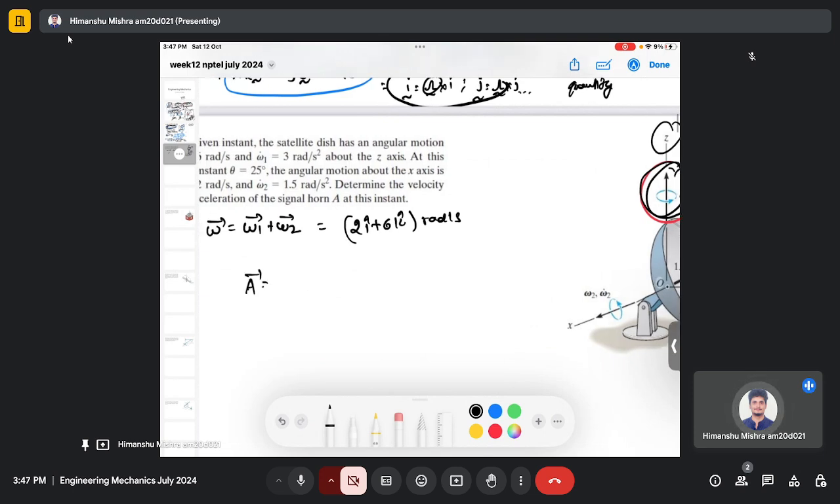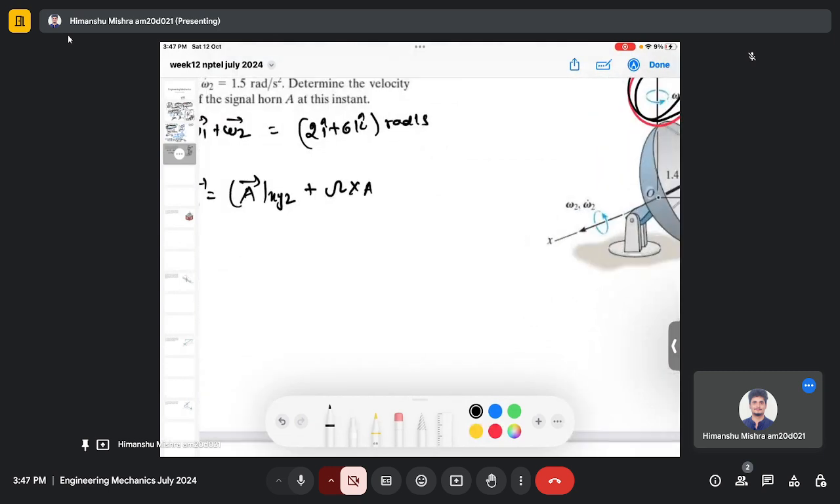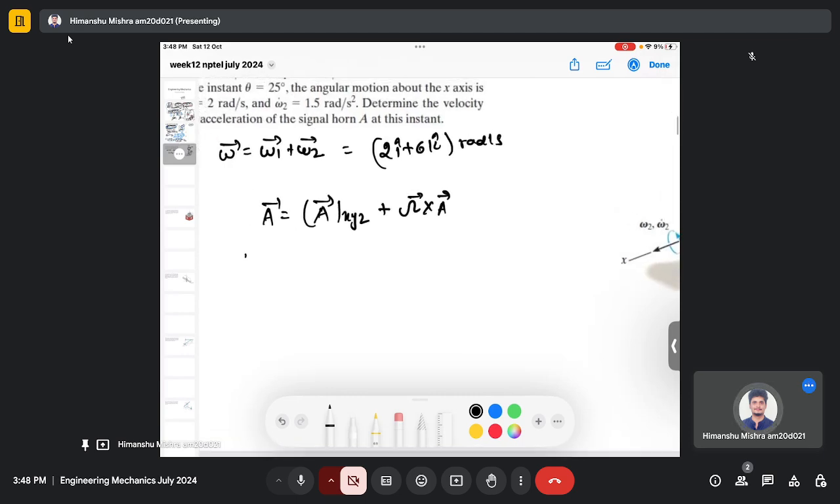So we have just discussed, if I have any vector A, then it can be given as vector A in the moving coordinate plus omega cross vector A. So if my A is omega 2, so this is rate of change of A, then I can actually write down the equation for omega dot 2, which is one of the components of angular acceleration. So I can write this as